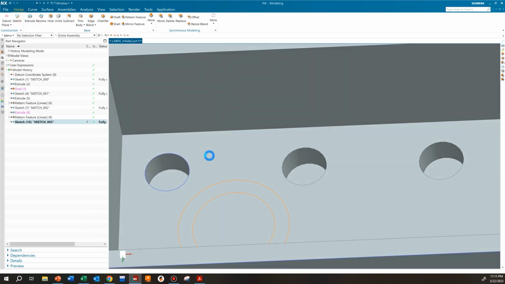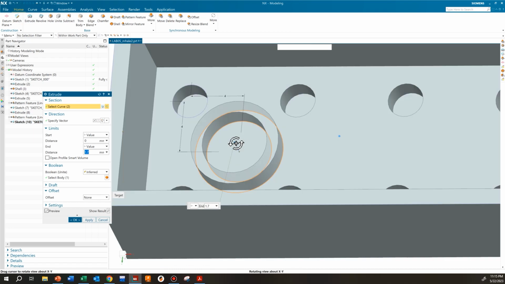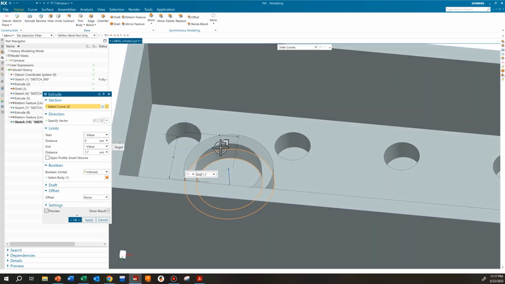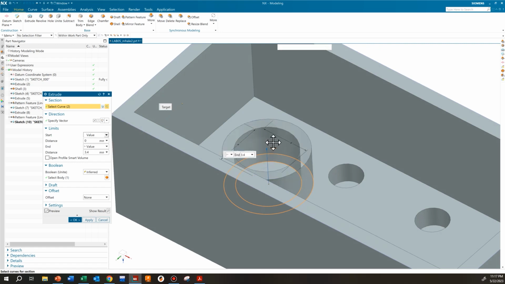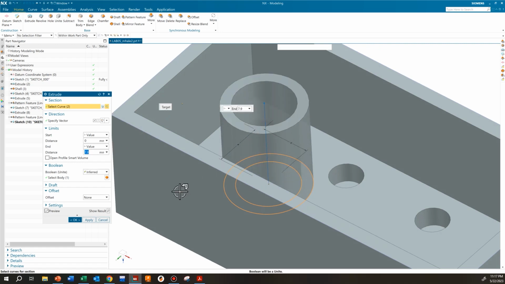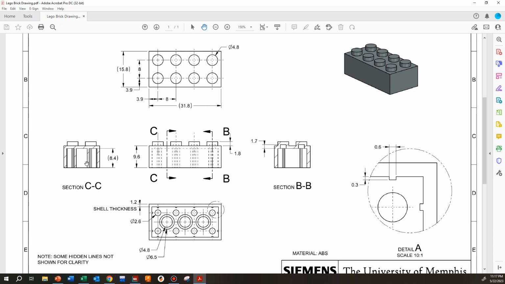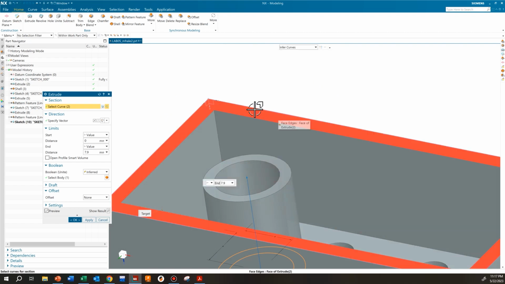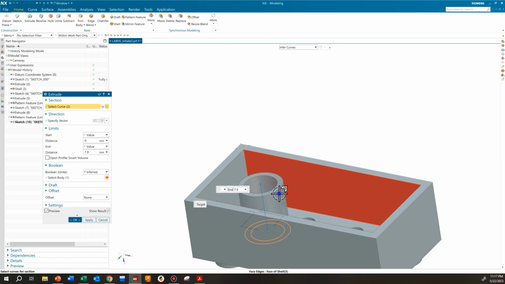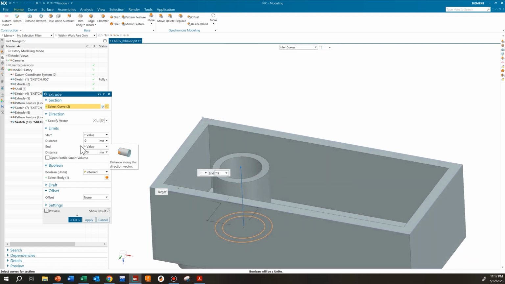And then I want to make an extrusion of those lines. And it automatically knows we want to extrude the area that's between this, which is great. And we want this to go until the bottom of the brick. And we're told, or the reference that we're told is that 8.4 distance that's right here, but it's in parentheses. It's a reference, so we can't just type in 8.4. What we need is a way to specify that I want this to extrude the distance until it reaches the bottom of the brick. So if we go to value here for end,